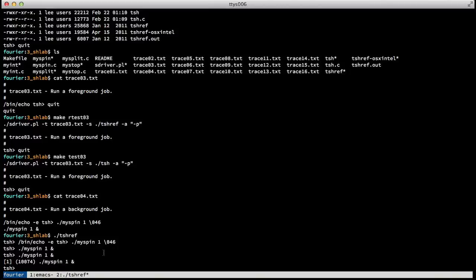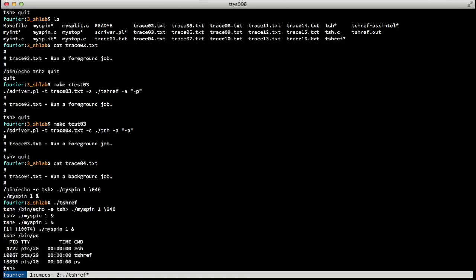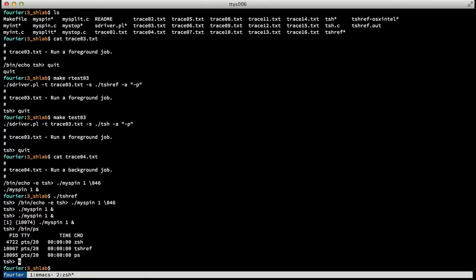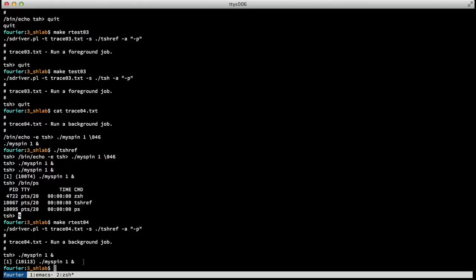Now, since I'm doing this explicitly, I can also do a bin ps to see if the process exited. It did, okay, and I can quit from my shell. I quit out of it by using the end of file character, which is Control D. So we can see this here, right? This is the output of the reference shell, and I can do it again by just doing make rtest 0. I think I was on 04. Okay, so this is what the shell should do. It should run the process, it should spit this out, and then it should give me back, then it should